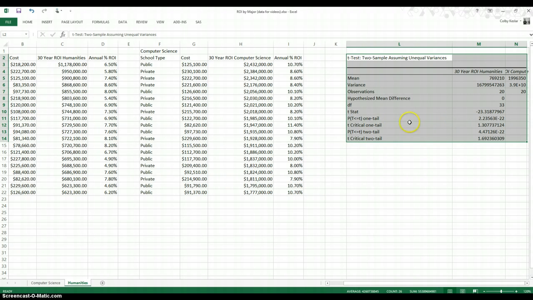So if I go over and I look at this one-tail test, then I've got 2.2 and so on, and you'll see this e to the negative 22. And what that means is it's scientific notation for times 10 to the negative 22 power. So I would take my decimal, move it over to the left 22 spaces. So that is virtually 0, a very, very, very tiny number, definitely less than that alpha level of 0.10 that